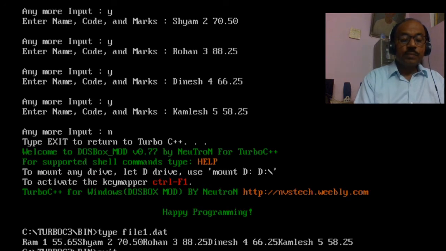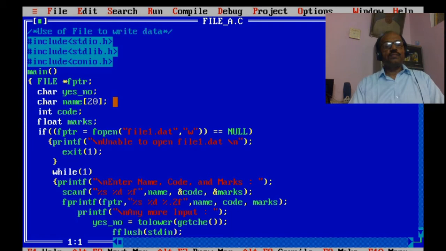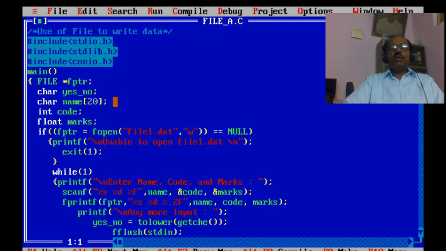So next we move backward. We are going to make some changes in this one, so that it will show us these data on the screen through the file.